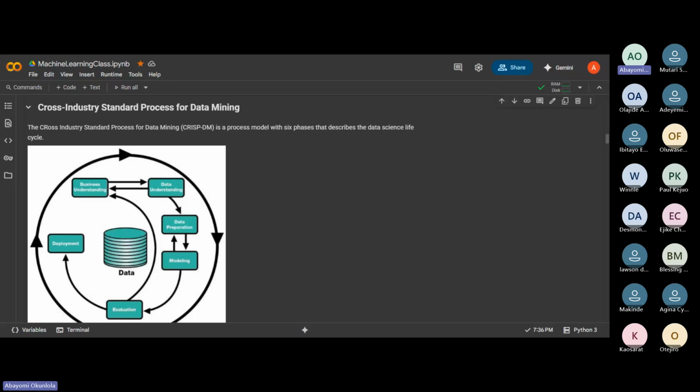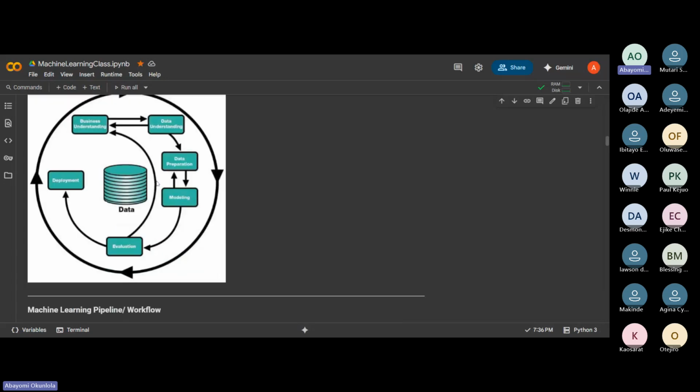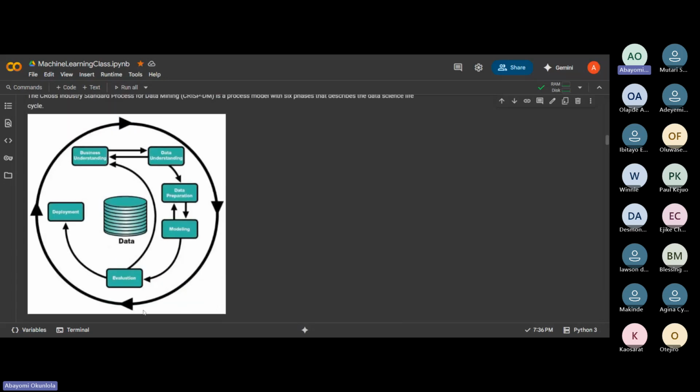Otherwise, you still have to go back to the data preparation stage. You get it in the right shape again, you model it again, then you evaluate until you get the desired answer. So there is much and much of iteration. As you can see here, the process keeps flowing. After your evaluation, you still check: does it meet the minimum business requirements? If no, then you go through the loop again. And if yes, after it has passed certain checks and you see that this model is fit for use,